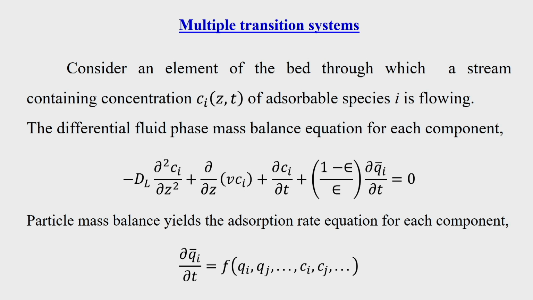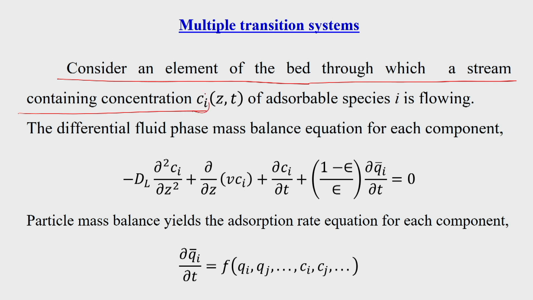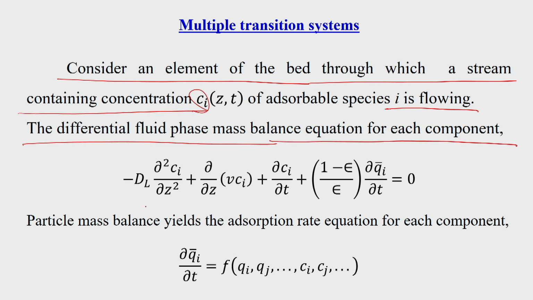Whatever is adopted for single transition systems, for multiple transition systems we will be writing all the expressions in terms of the ith term. If we consider an element of the bed through which a system containing a concentration Ci of adsorbable species i is flowing, other species are also there. Then the differential fluid phase balance equation for each component will be